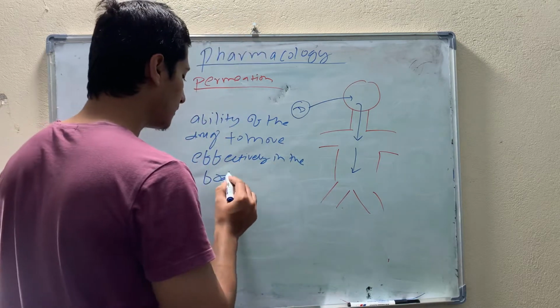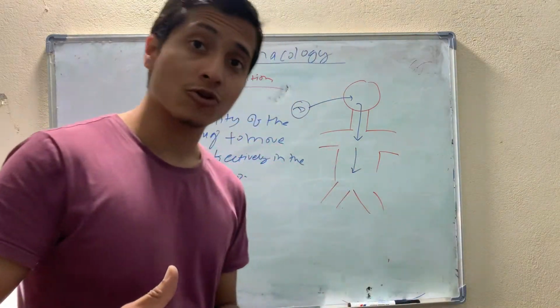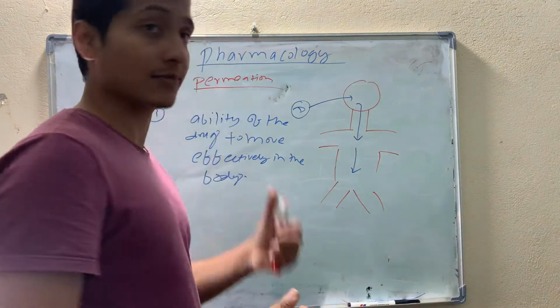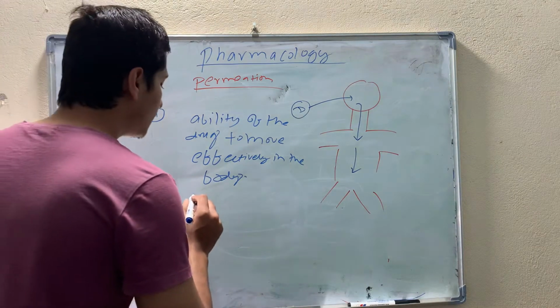Do you get it? So if it's the ability of a drug to move effectively in the body, what are the things that are going to affect the permeation? The factors can be